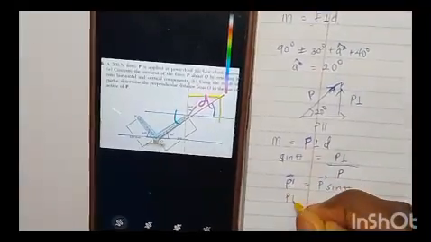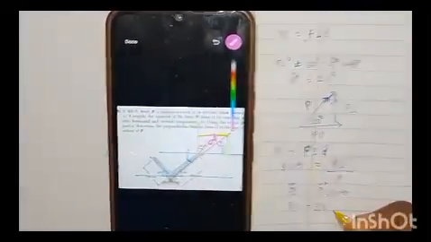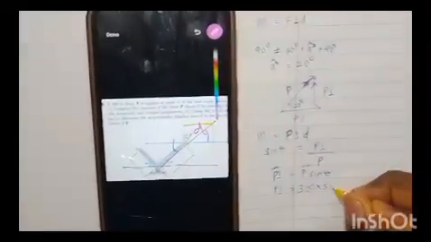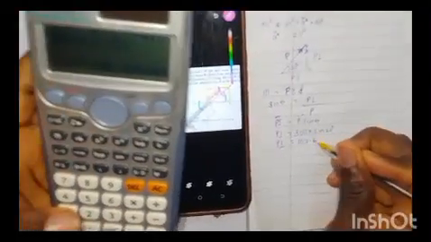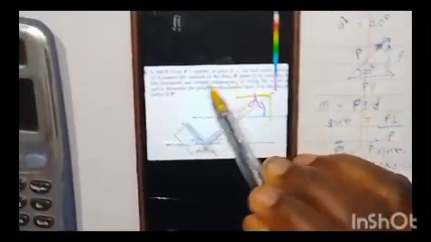So our P perpendicular will be equal to 300 times sine 20 degrees, which is equal to 102.6 Newton. But the question is asking us to compute the moment of force P about O by resolving